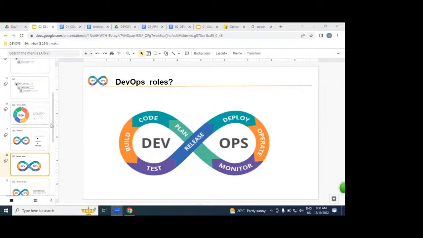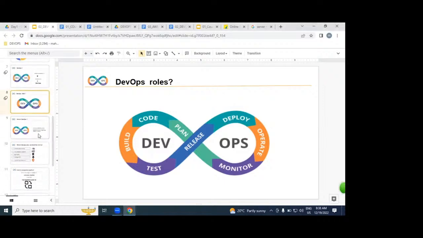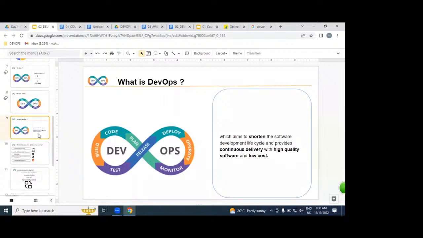So what exactly is DevOps? Anybody help me? Is DevOps a technology like Java or .NET? It is not. DevOps is not a technology. DevOps is a process.